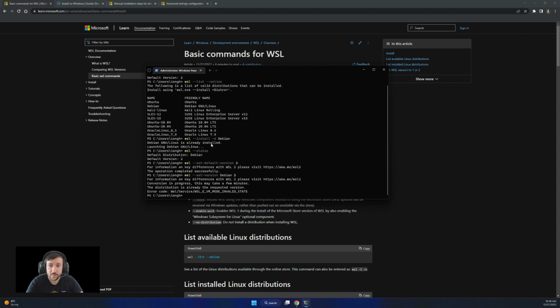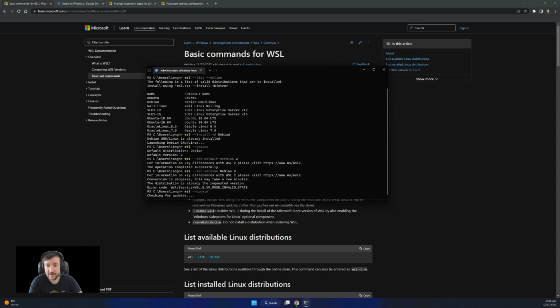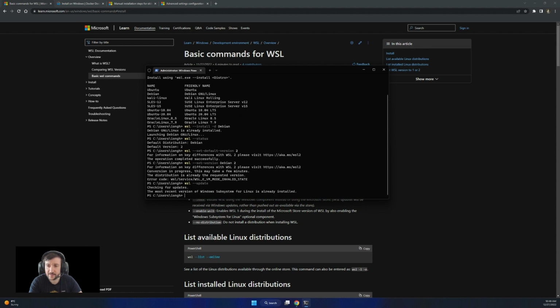I would recommend, before you start doing all those commands, if you don't have WSL installed at all, then this is the best command to start. But if you already have WSL, I recommend to set the default version to 2 and then do a wsl --update. This will bring your WSL up to date and you have the most recent version. And I think that's all related to WSL and installing the distribution you want.